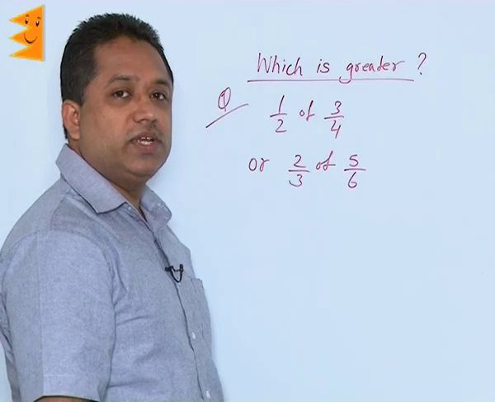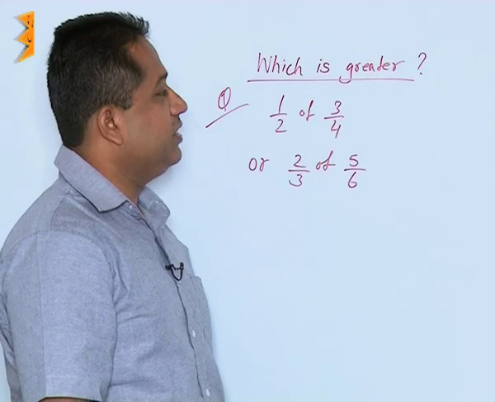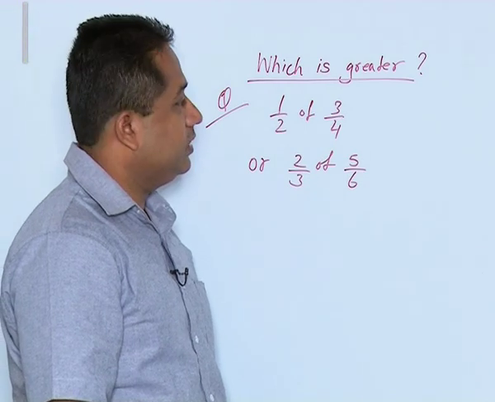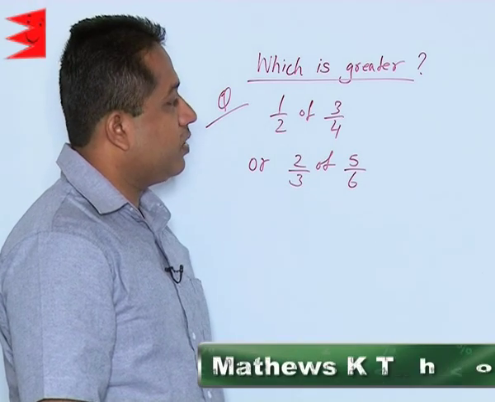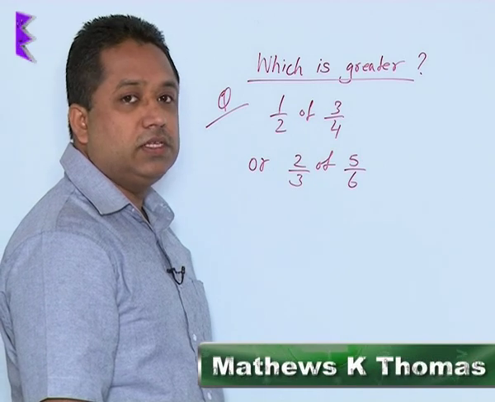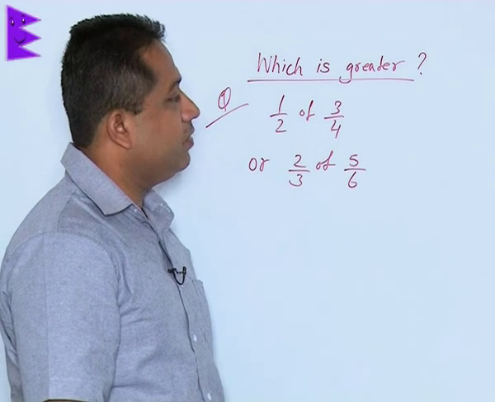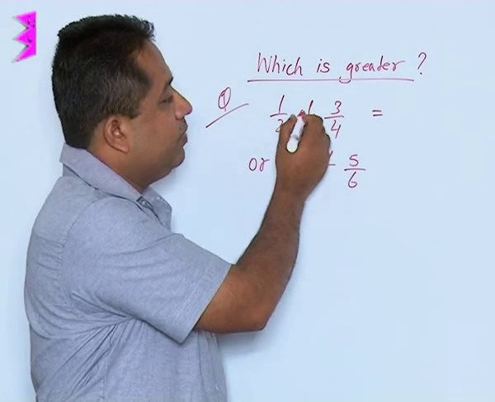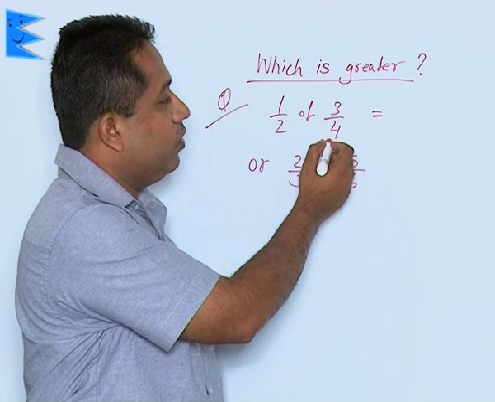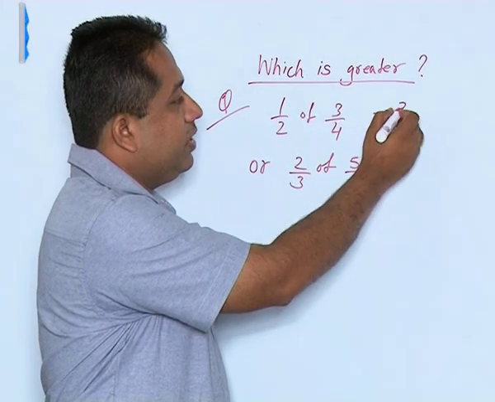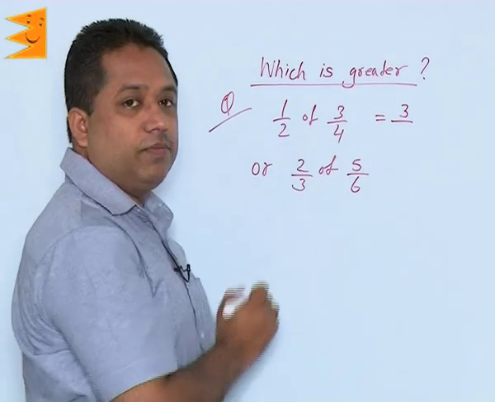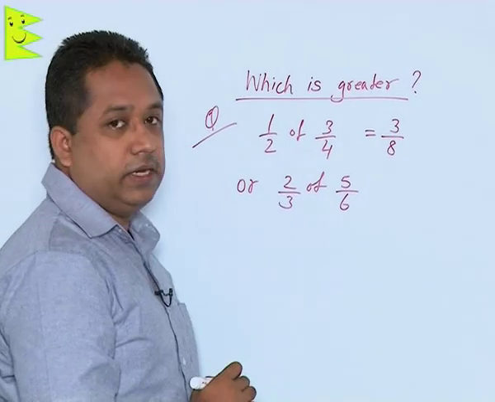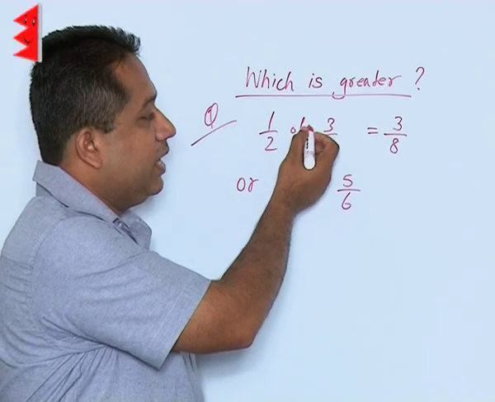Let us consider this question where we have to find out which is greater, half of 3 by 4 or 2 by 3 of 5 by 6. Now, half of 3 by 4, as I have discussed earlier, means we have to multiply half with 3 by 4. So, if I multiply half with 3 by 4, that means 1 by 2 into 3 by 4, then 1 multiplied by 3 will give me 3 and 2 multiplied by 4 will give me 8. So, I can say half of 3 by 4 is 3 by 8, because the "of" implies that we are